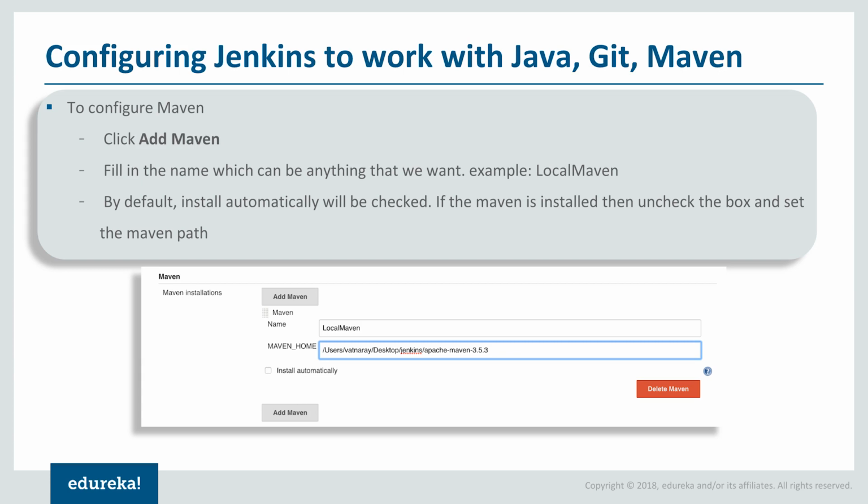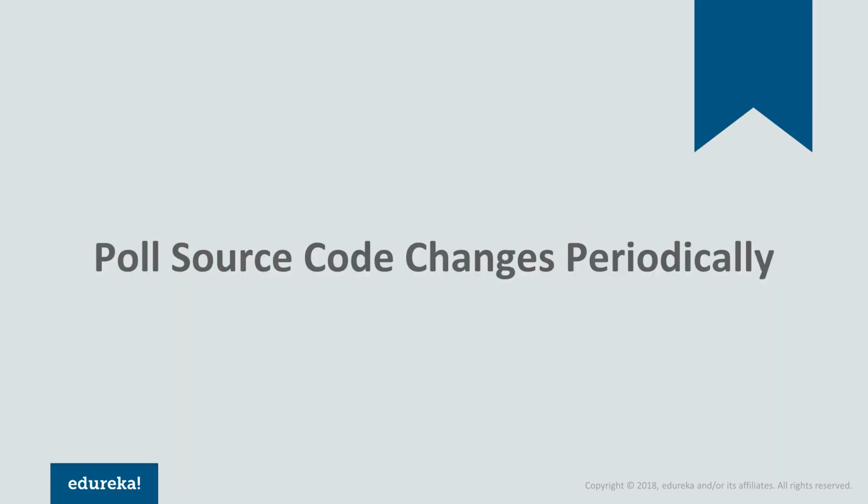You also have an option of clicking this link which says install automatically. So what will happen is Jenkins will do the heavy lifting for you, and it will go ahead and install Maven for you if needed. So let's go ahead and do that. Of course, by default, install automatically will be checked. If Maven is installed, then uncheck the box and set the Maven path. If it is not installed, then you just go ahead and put the checkbox and it will take care of the rest automatically. So before we dive into the next section,